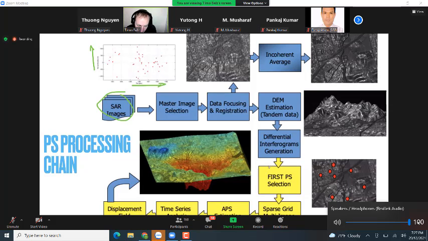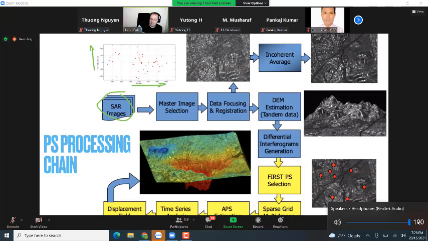All right, then we take the first PS selections. So we take a subset of the PS points. We then form a sparse grid between them. We use that to estimate the atmospheric phase screen. I'll show you soon how we do that. And then we remove it. So first estimate it, then remove it. And then we can do time series analysis for each of the PS points